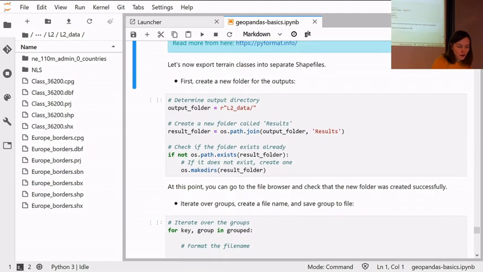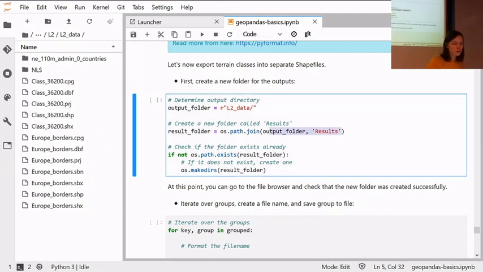Okay, so in the next code cells there are some lines of code ready. We define the output folder, lesson 2 data. Then we even create a further folder. Now we'll be creating all of these shapefiles, each of which has 4 files, so it's nice to put those in a separate folder. This defines the name for a new folder that we'll create. Then the following code checks if the result folder doesn't exist, and creates one. So you can just run this cell